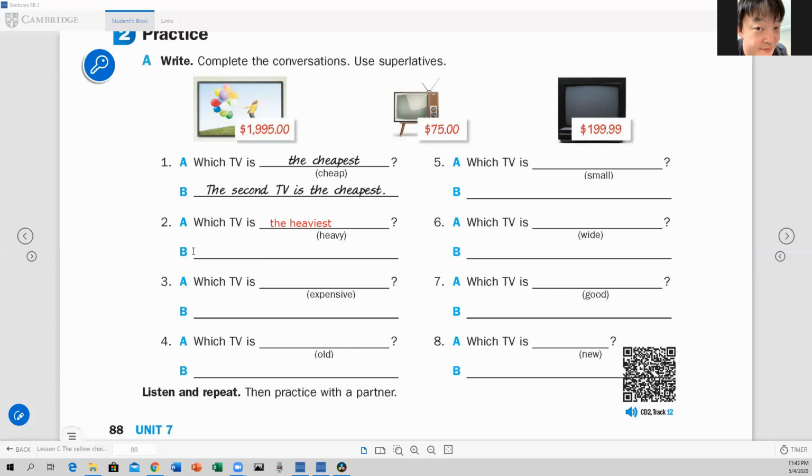And the answer is which one? Which TV is the heaviest? Oh my, I don't know. I don't know. Because old TVs are pretty heavy. So up to this point, what you can do is you can pause the video and try to do it on your own and come back for the correction later, or you can just follow along the completion of the exercise. Okay,